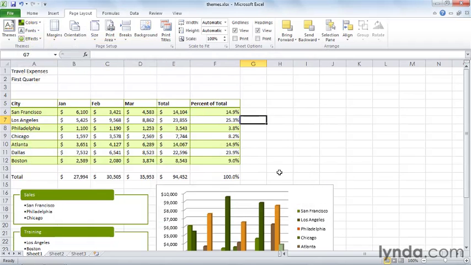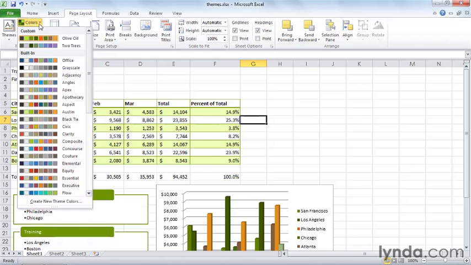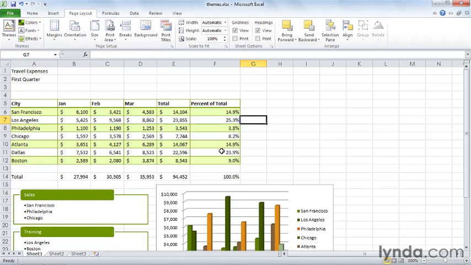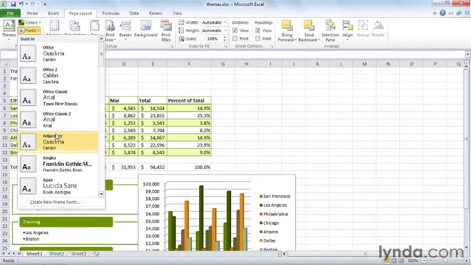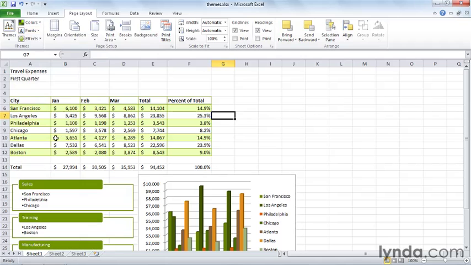If there's a color palette that you don't like, let's click this here. Maybe we don't want this 2 trees. Right-click it and choose Delete, Confirm, and it's gone. While we're at it, let's change some of the fonts. Go up here and choose Fonts and roll over, and you see also you can change the fonts on your worksheet dynamically. I think this is a really great feature,